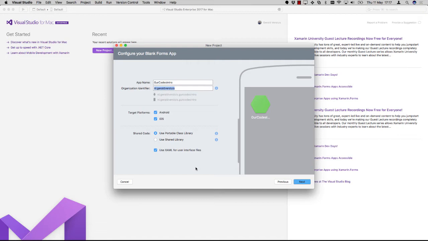Now, on the internet, there is a lot of discussion going on about what is the best method to do this. Basically, it comes down to this: a portable class library creates a separate DLL with the shared code, so it's physically a separated DLL file. The code is actually separated from the platform projects. If you would use a shared library, you would just get a folder which is shared between the two projects, and all of the code in there is directly compiled into your app as well. And you would have to work with compiler directives and that kind of stuff to differentiate code for a specific platform. Whereas with a portable class library, you have to use the dependency service and that kind of stuff